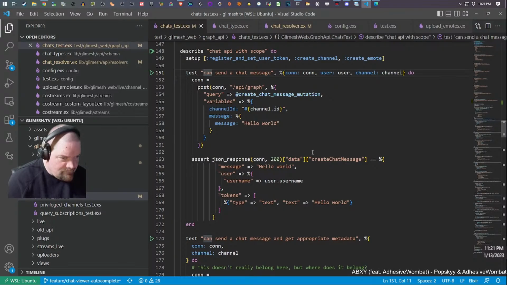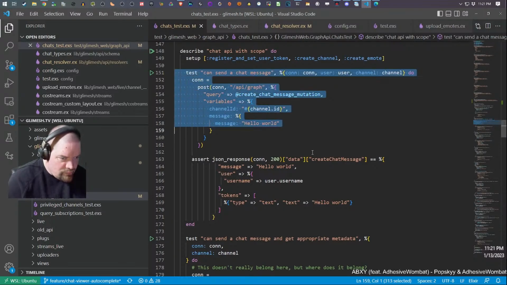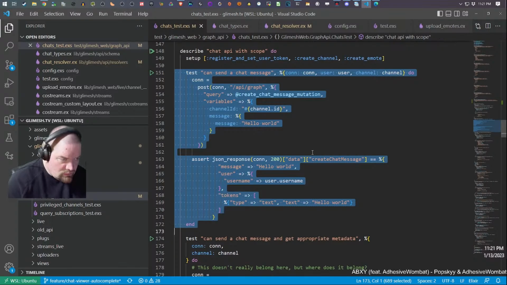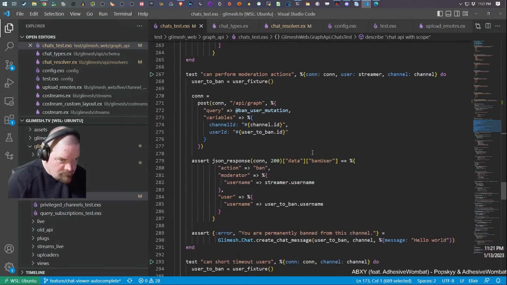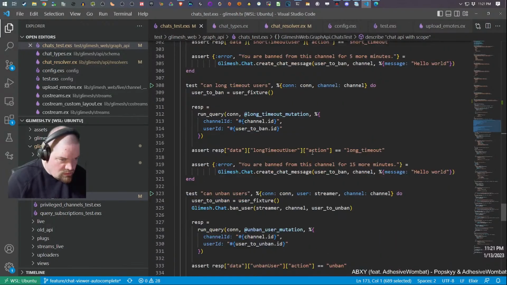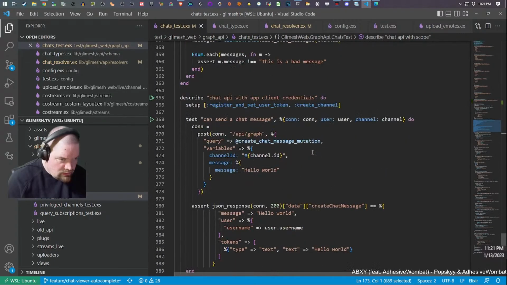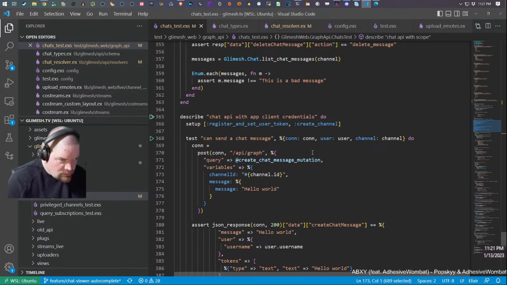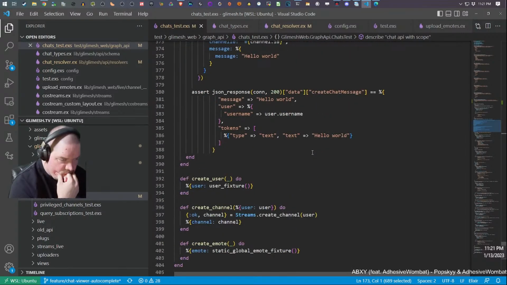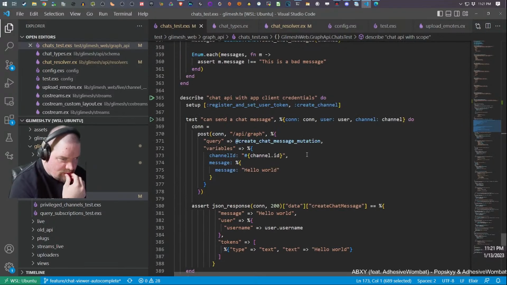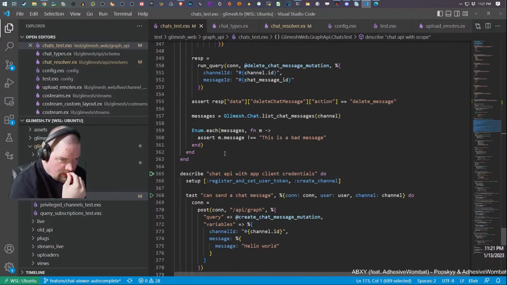Yeah, alright. Take this test. Bad users. API with app client credentials. Oh, I guess that's for the mobile app.